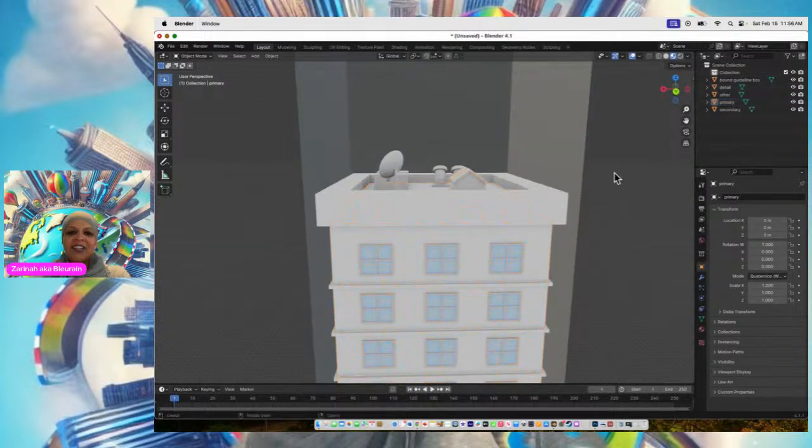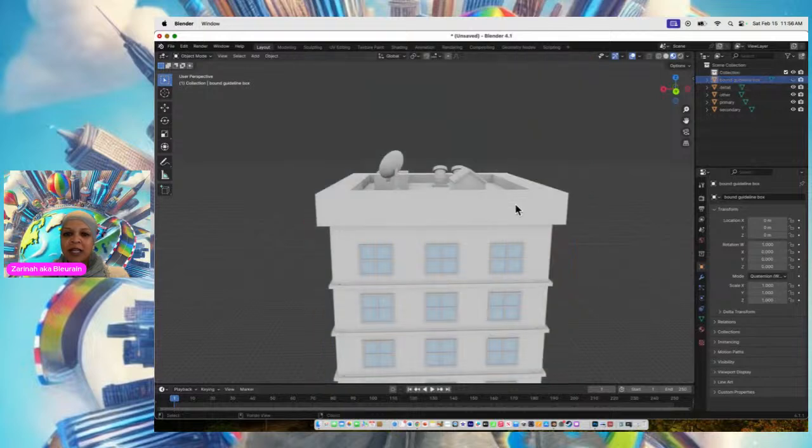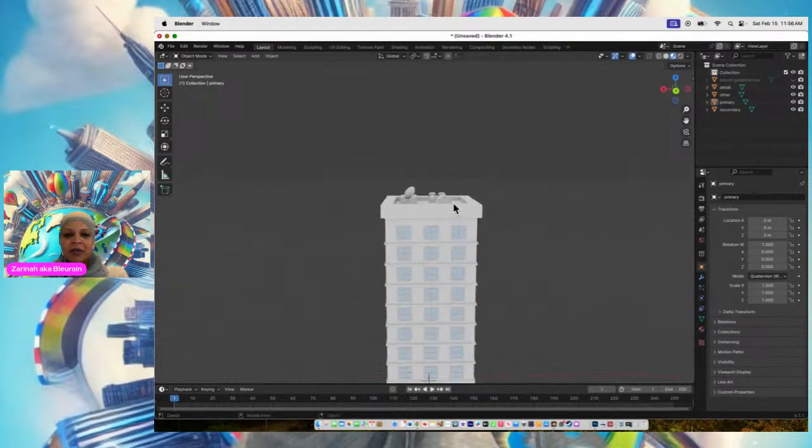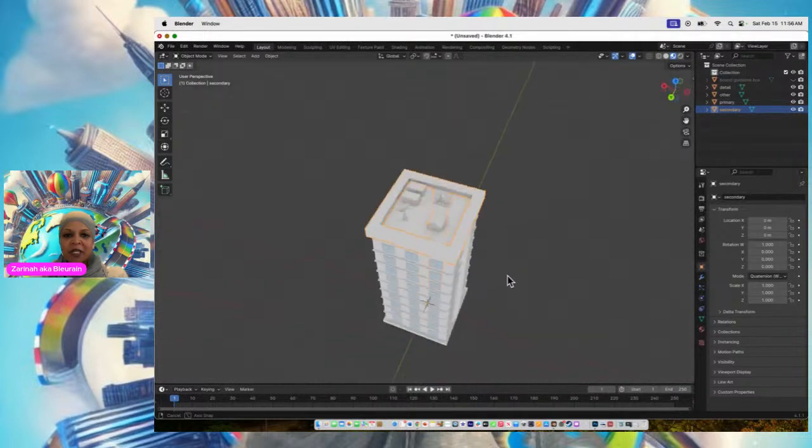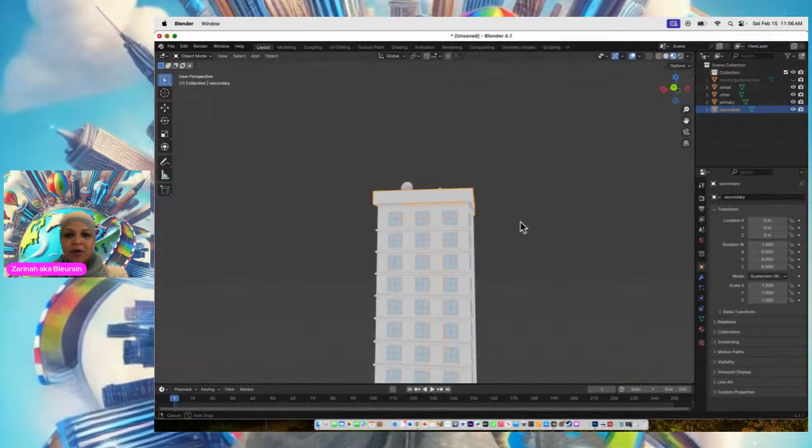I'm going to go into edit and show you. So basically I'm just going to click, and not that. I'm going to turn this off for a second and just get the building. Oh, that's the secondary part, that little roof part. So I suppose,